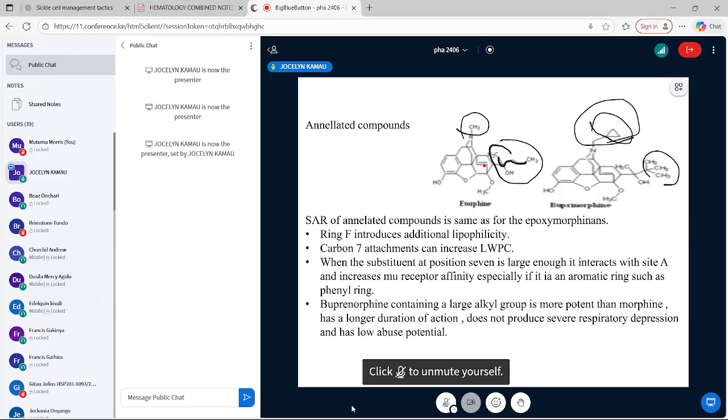Of course, this is the ethinyl group, where it has a double bond there, and that is characteristic of the oripavines. That is a characteristic of both compounds. But you can see both of them also have the methoxy group there to increase the lipid solubility. They also have an alkyl group there to increase the lipid solubility. But in both of them, of course, you also have a hydroxyl group